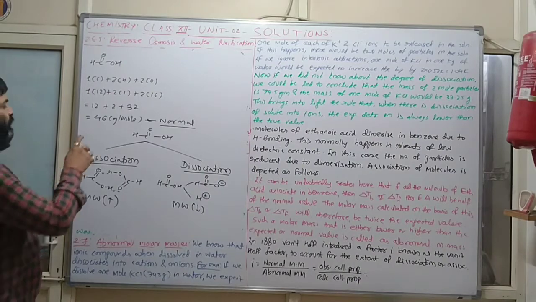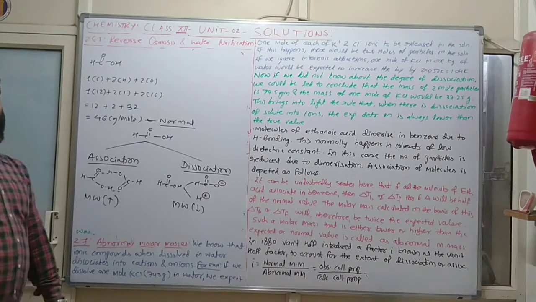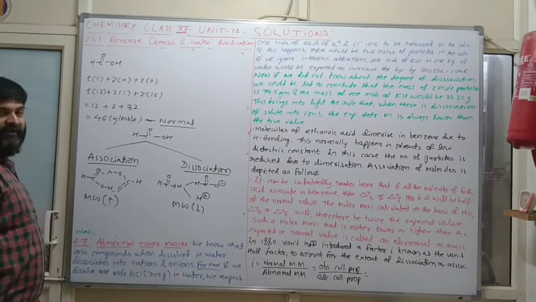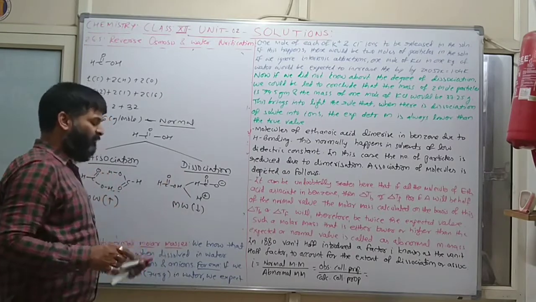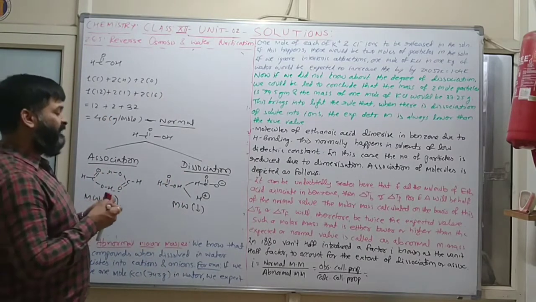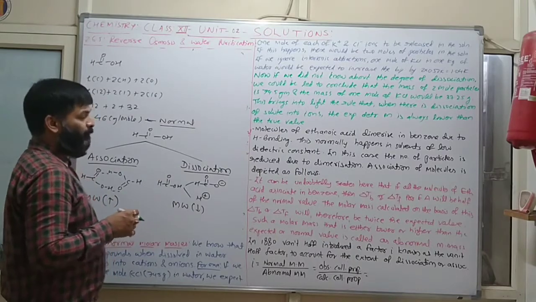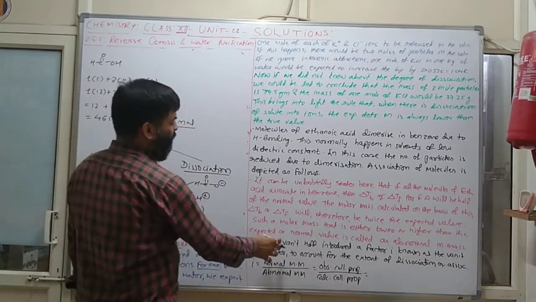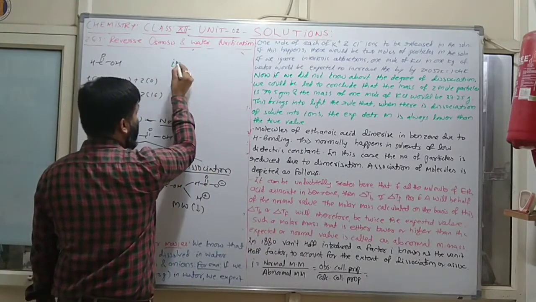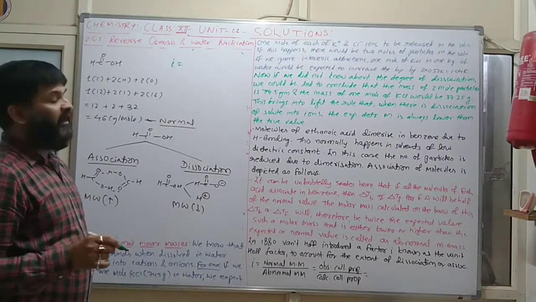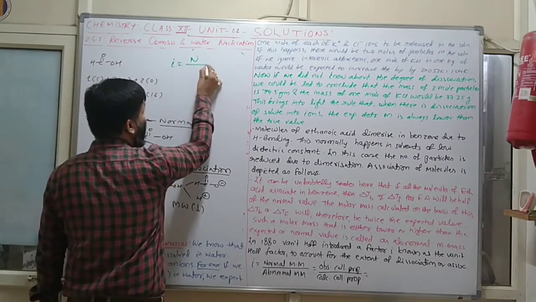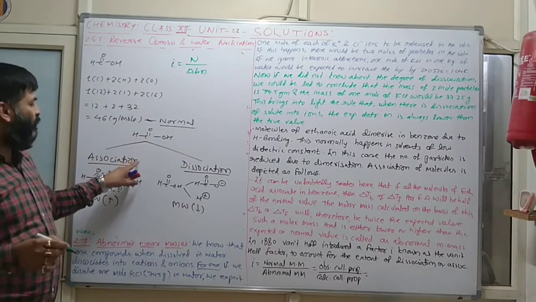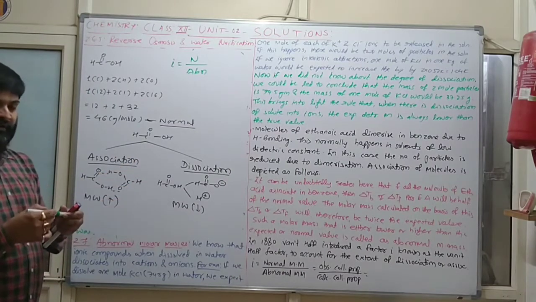So actually 46 grams per mole is the normal molar mass. But here it can be 46 into 2. In association, molecular weight will increase, and in dissociation, molecular weight will decrease. So this type of situation is normally known as abnormal. To explain the abnormal condition, in 1880 Van't Hoff represented the Van't Hoff factor i. And how can we calculate i? It is the ratio of normal upon abnormal. What is normal? This one. Abnormal is the two conditions, either association or dissociation.